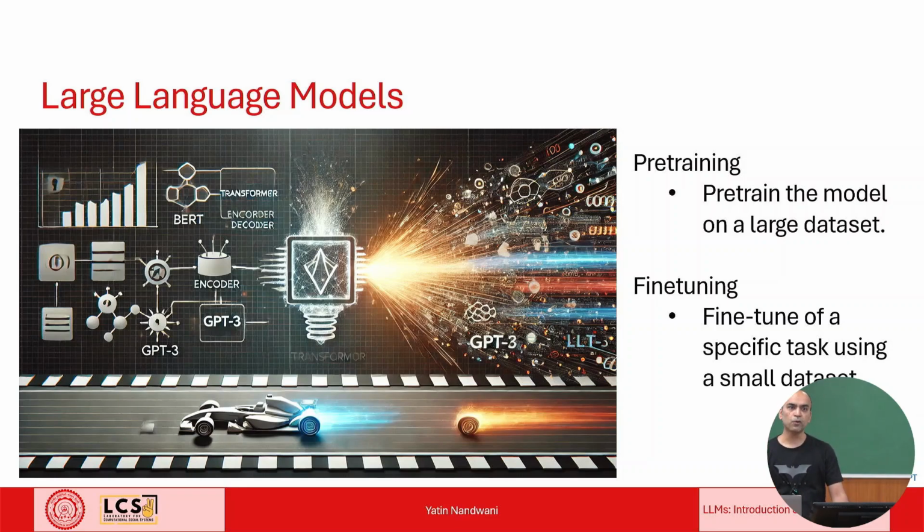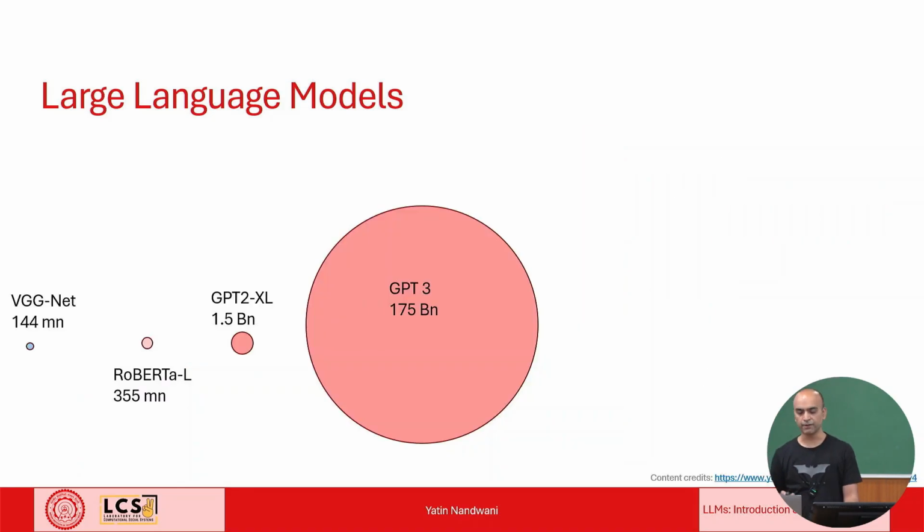This paradigm already existed in computer vision. In computer vision, we had VGGNet or ResNet, which were trained on a huge ImageNet corpus. And if we had to fine tune it on a specific task, we would take the same backbone architecture, take its embeddings up till a particular layer and then add a classifier on top of it. So that existed already in computer vision, and transformer-based architectures started that race and made pre-training and fine-tuning popular.